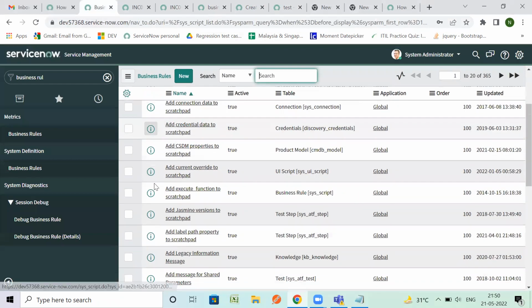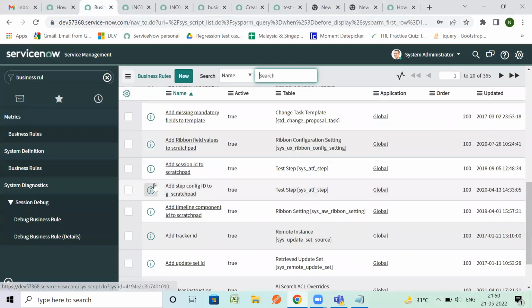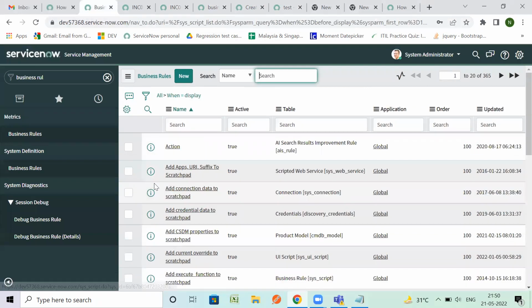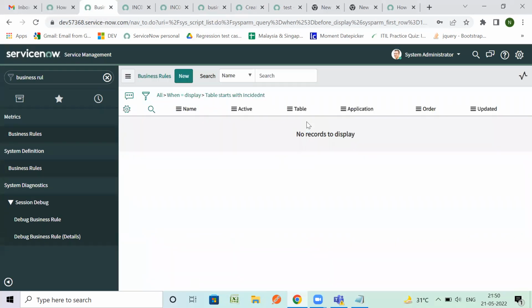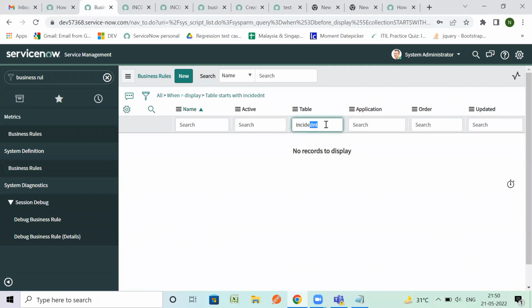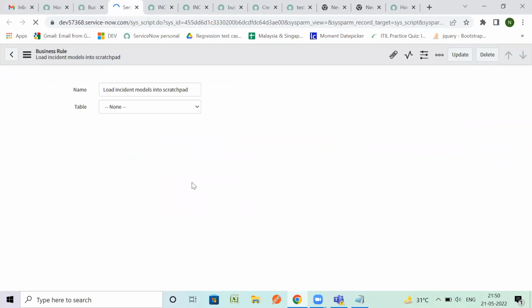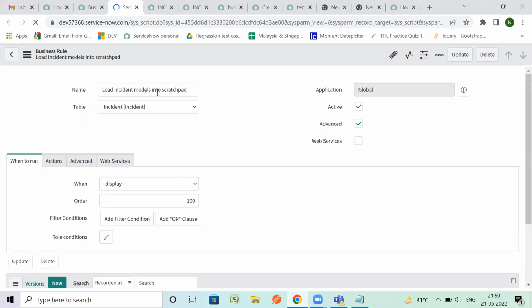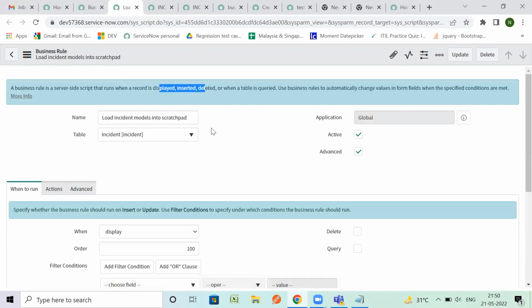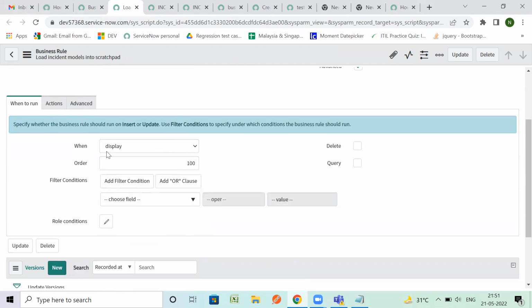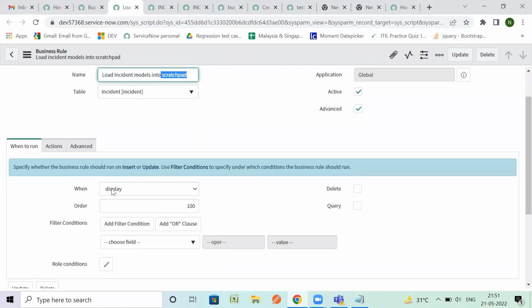Great, we have many, right? So we have many, by the way. Let's check if we have something on incident. Great. We have something. So basically, scratchpad is a variable which we use on the client side when we use display. Well, let's see what is here. When is